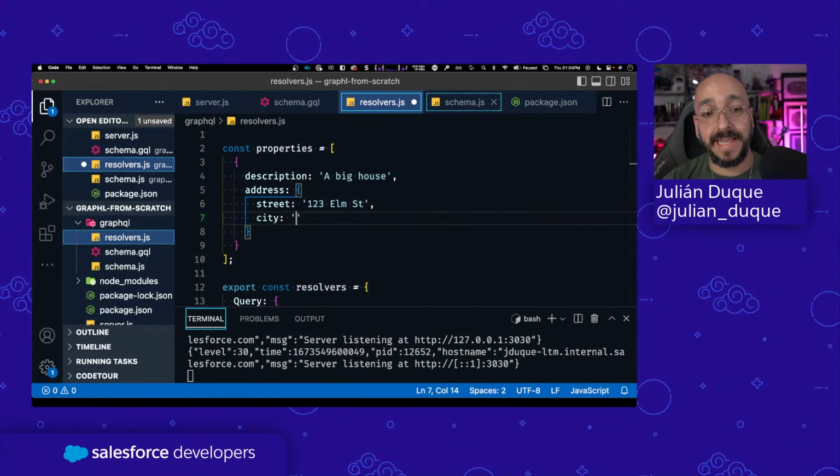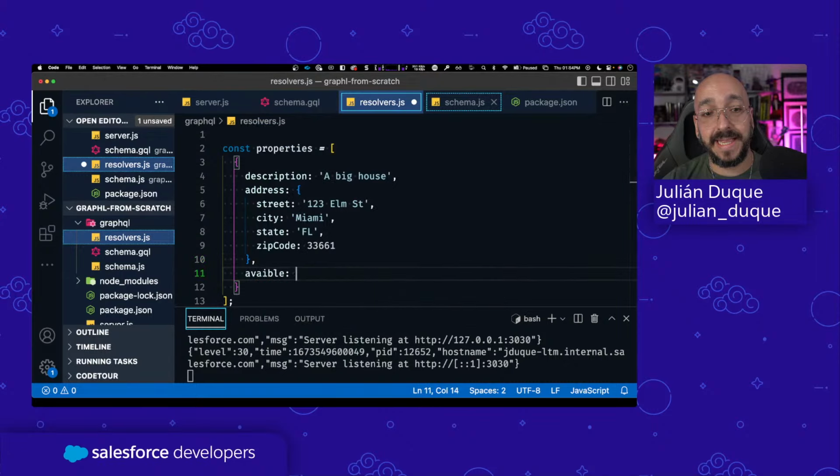City is going to be Miami. State is going to be Florida. And the zip code is going to be a number, 33661. That's a zip code in Florida, I guess. And this